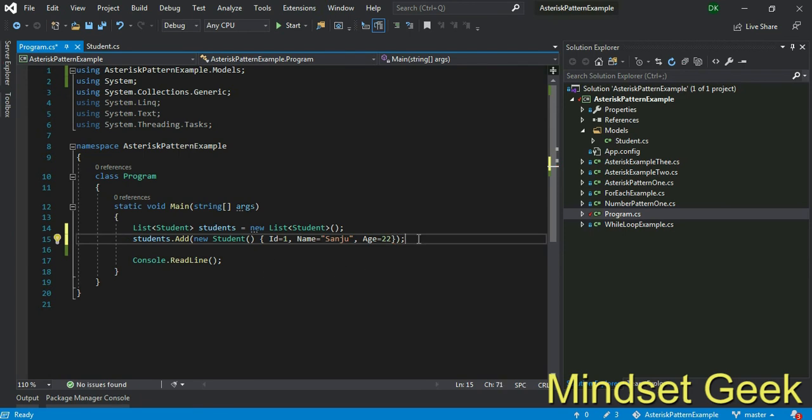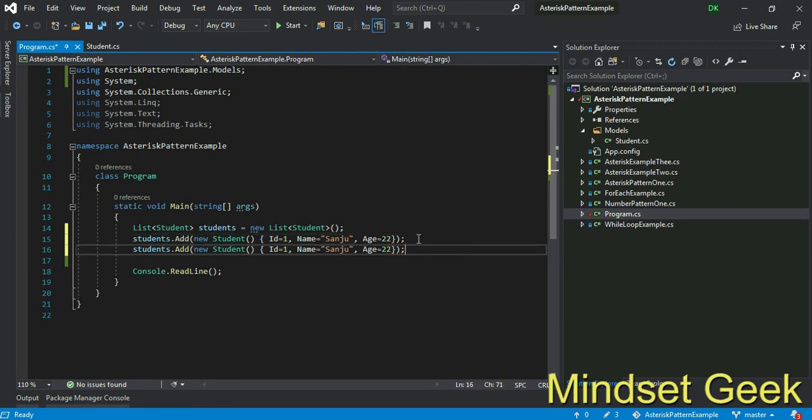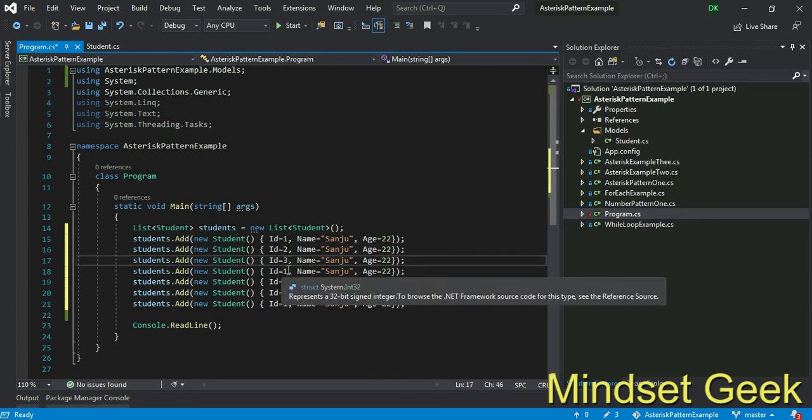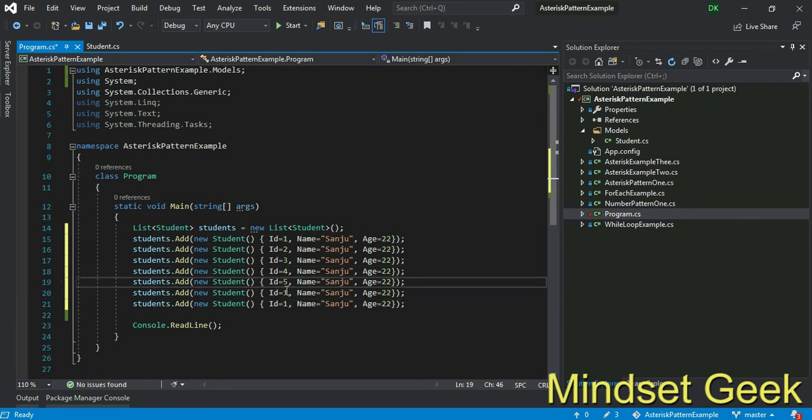Just press Ctrl+D, the shortcut for duplicating, or copy and paste. I change this to 3, 4, 5, 6, 7, right? This will change. You can add any number of items, right? You can delete or you can remove. It's up to you. Change different names.